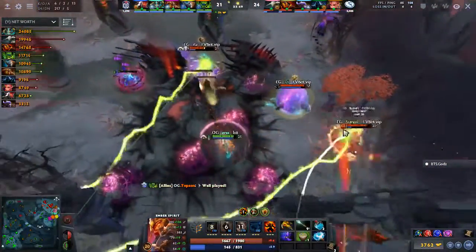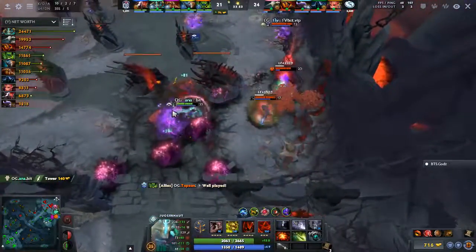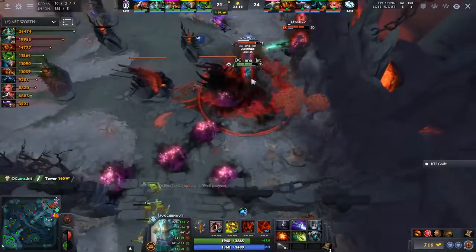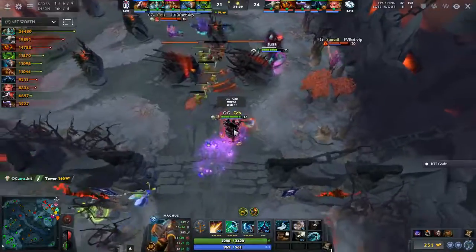With his lower mana though, Sumail's going to be careful. He's walking back up to try and take this fight. Ana with Lotus Orb bounces the stun back to the Sven. It's lasting for 30 more seconds here. Middle barracks are under Ana, attack. Nightmare is on him, and he wants to take...